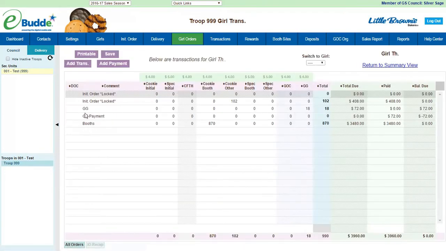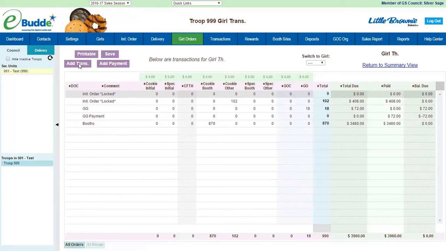For whatever reason, whether it's leftover boxes that you're going to continue to sell for another week or so, or you try to see whether the troop wants to donate those somewhere. Whatever it is that you want to do, the troop is going to pay for them because you took them out on your transactions tab. So you decide what you actually want to do with the physical boxes, but we do want to make sure